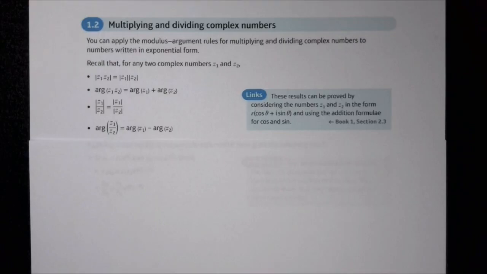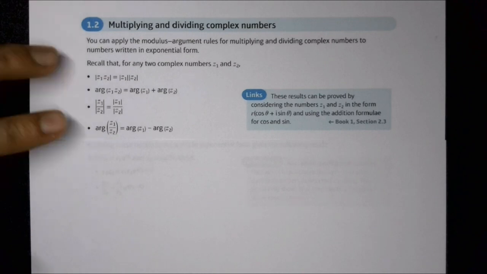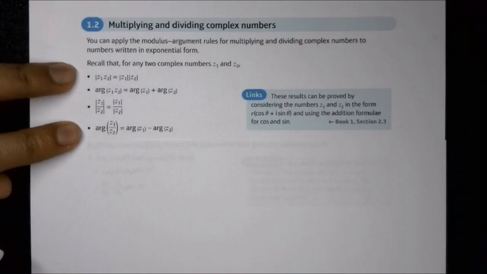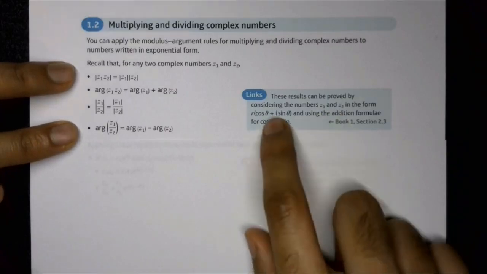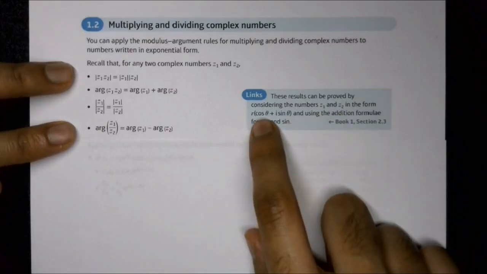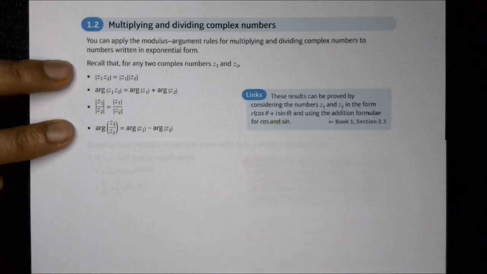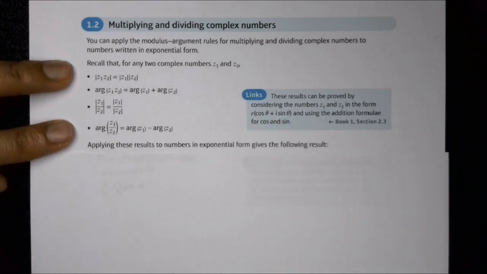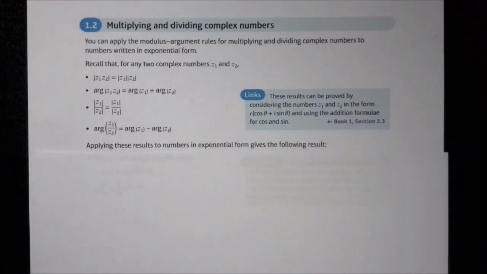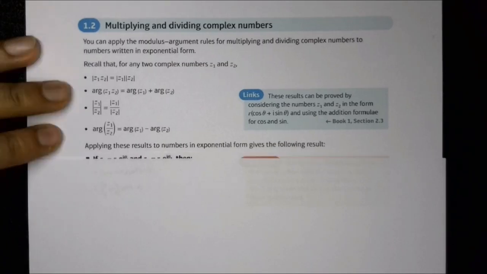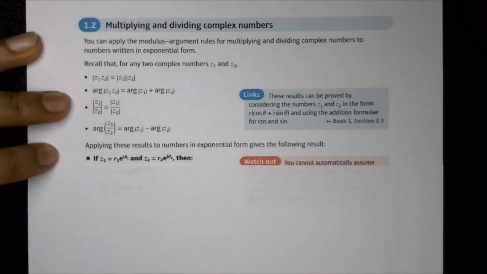for cos and sin, and when we did that we came up with these results over here, and that's assuming that the complex numbers z1 and z2 can be written in this form: r lots of cos theta plus i sin theta. Now we can apply these rules to numbers in exponential form, and if we do that we have the following results. So if we have z1 equaling r1 times e to the i theta 1, and if we have z2